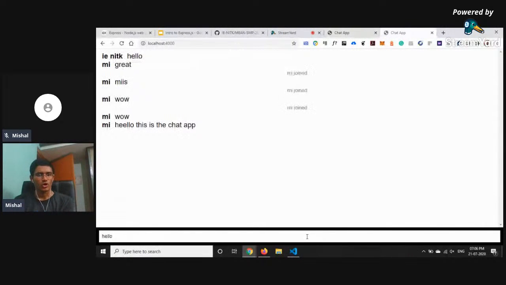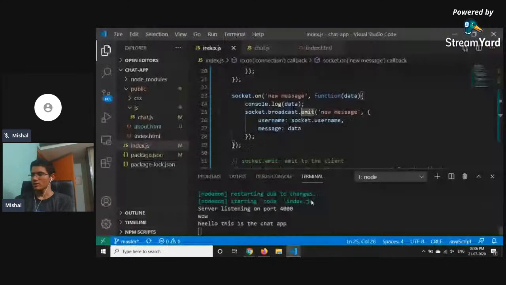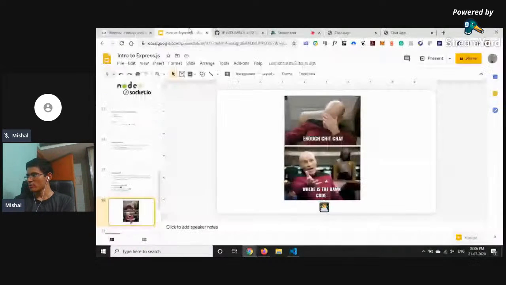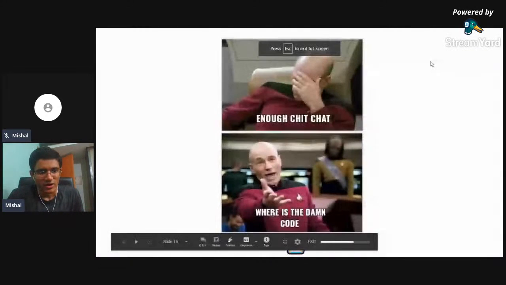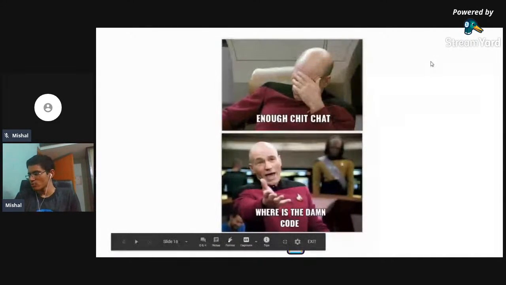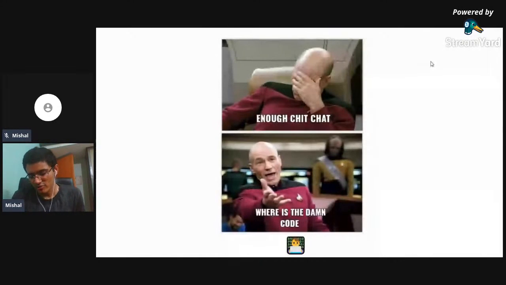right? So this is the basic chat app, the minimal thing that we were planning to cover in this session. Does anyone have any doubts on how sockets work or how actually it should be done? If yes, please ask in the doubt session and I'll just clarify it. But yeah, this was the whole process on how we created and used sockets to leverage our whole application, to make use of sockets in general. Okay, if there are any doubts, just put them in the chat box and I'll be happy to answer. If there are not,